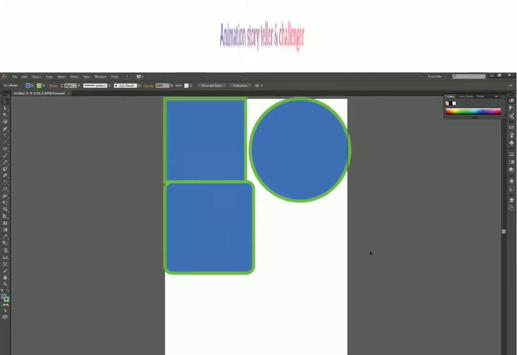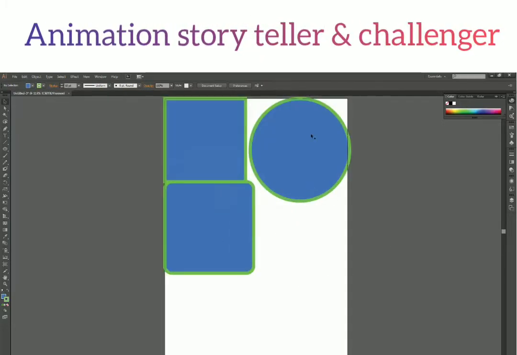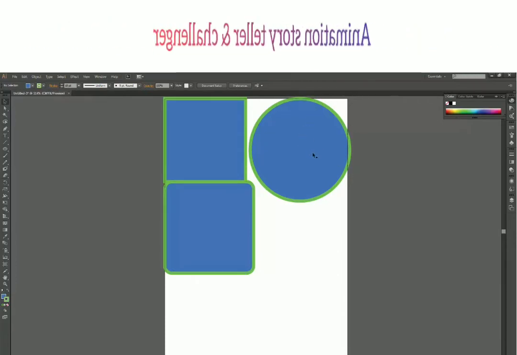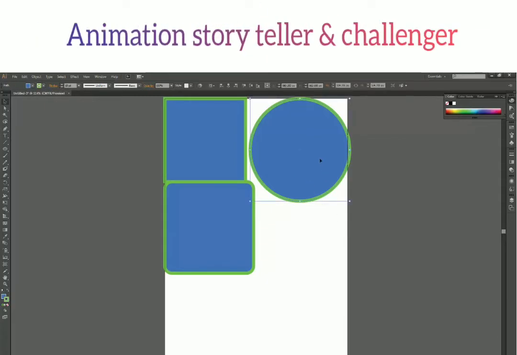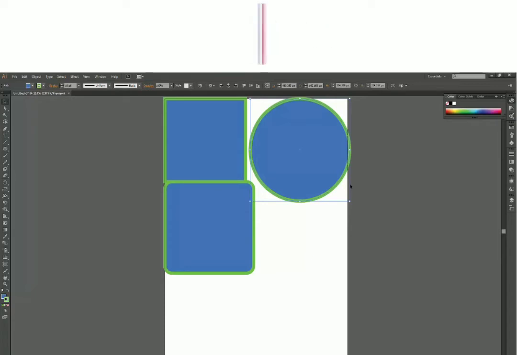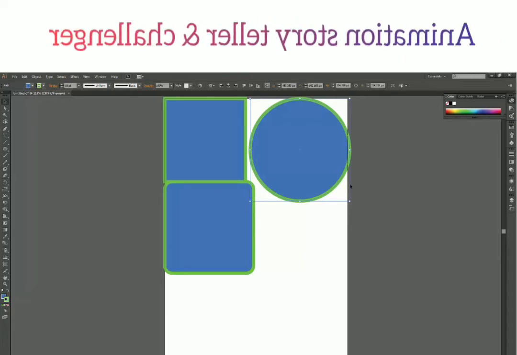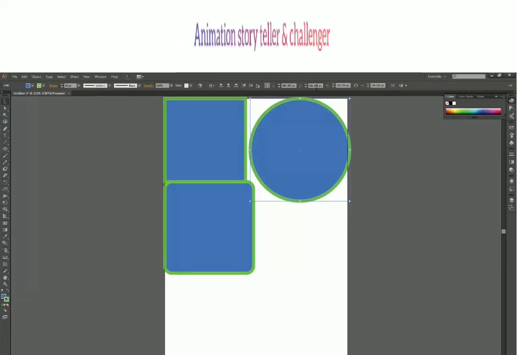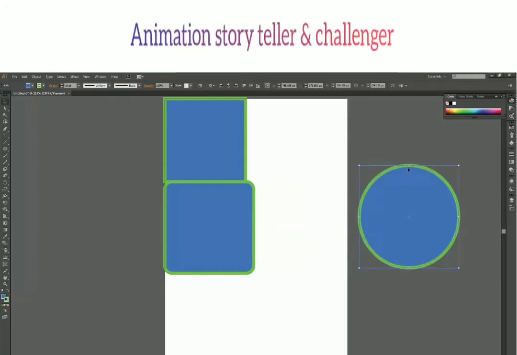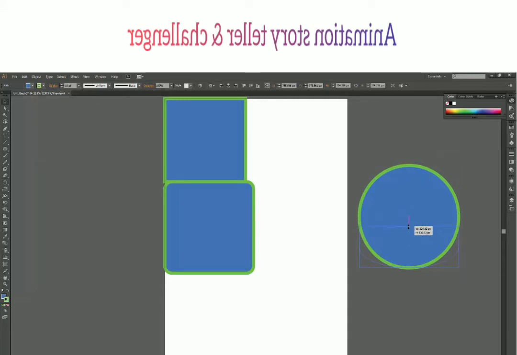Okay, so I pressed Ctrl 0 again for fit to screen. Now if I want to resize my shapes, you have this bounding box around the shapes, just like when we learned the artboard tool, we had this bounding box around artboards. So it works exactly the same way as it did with artboards.